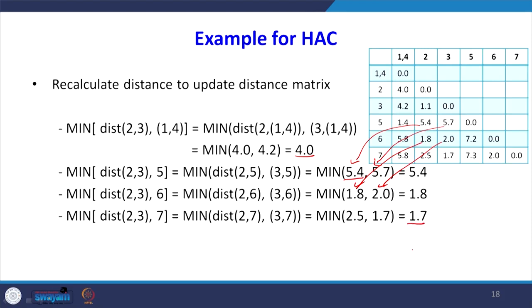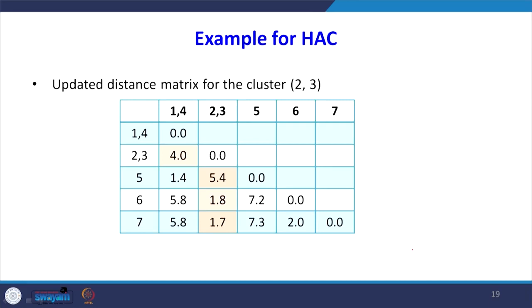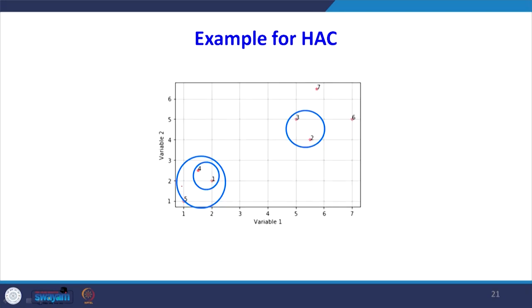Now we are going to update this new distance. This was the updated distance, but you see that 2 and 3 formed one cluster, and previously 1 and 4 formed a cluster. Now in the next step, among this new updated distance matrix, which is the lowest value? Select the minimum element to build the next cluster formation. In that, the minimum point is this 1.4. So what is going to happen? This object 5 is going to join with this cluster 1, 4.